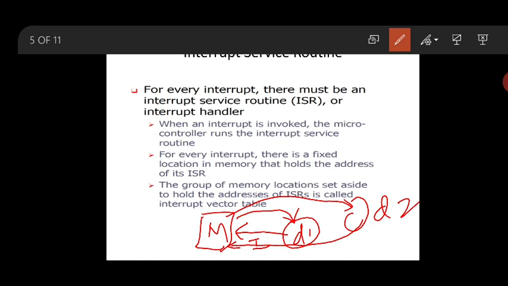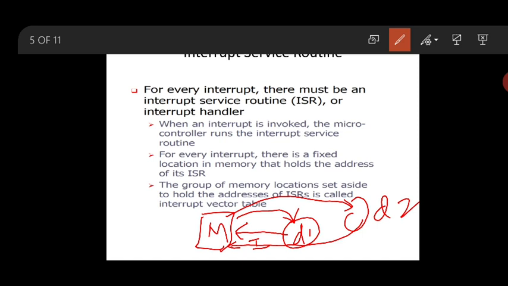Every interrupt, let us assume that there are two devices. When the device D1 is there, it is always located at one address. You can imagine that it is a program in which the microcontroller will come to the location. Look at the word location. It will execute and it will go back. When it comes to the location, that location we call the address. It is a specific address given, so we call it a vectored address.